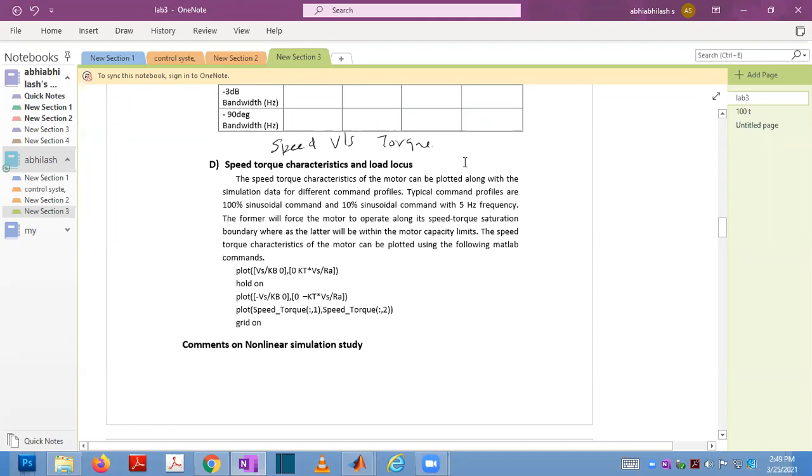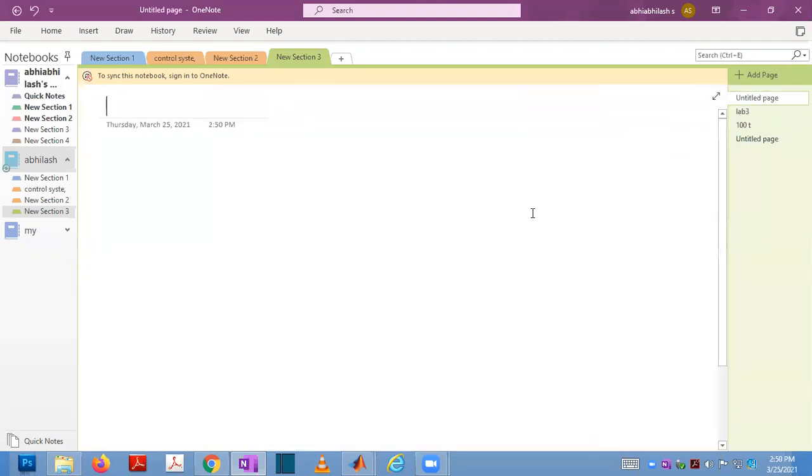Typically, speed torque characteristics determine which motor we have to use for a purpose. So if you are having the speed torque characteristic like this,